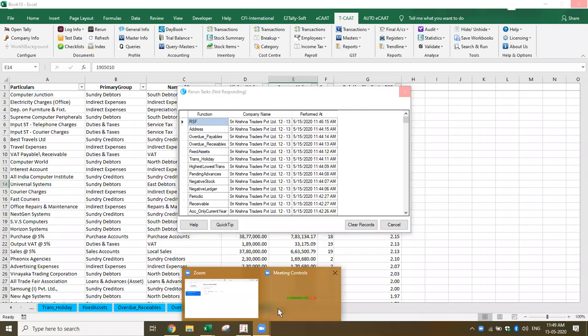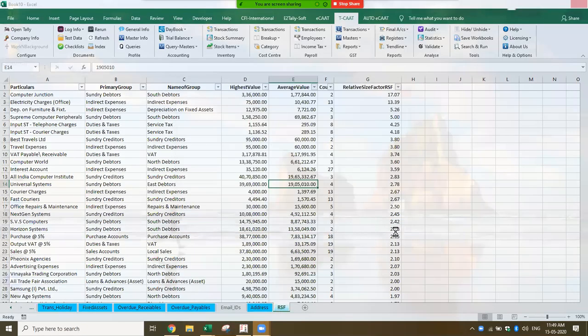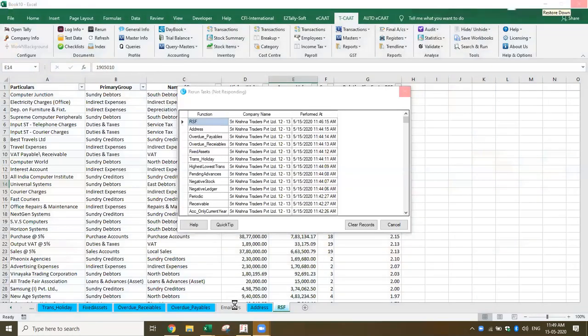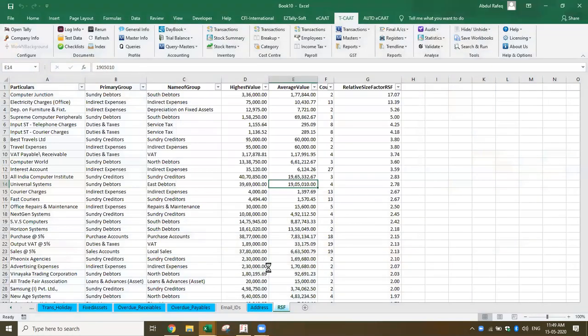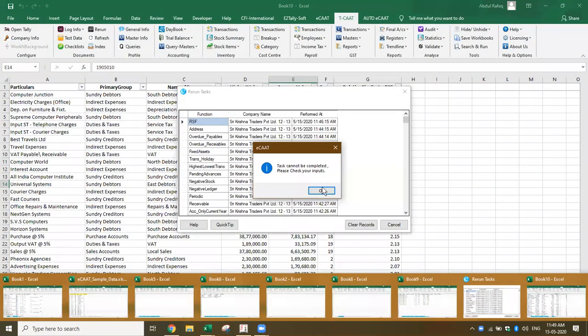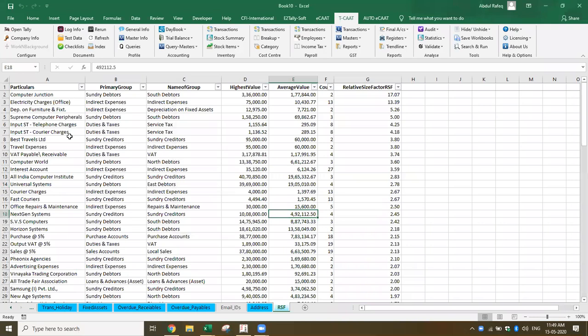Okay, let's come back. Do you have any queries as of now? I think it's taking a little time. Yeah, there's some issue here. Okay. Now it could not perform. There is some issue here, but generally what will happen is the same thing will be added and you will be able to get the result with the updated data.